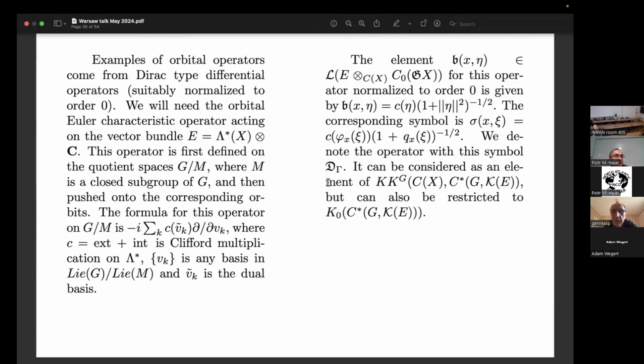The symbol here for the operator for the Euler characteristic, for example, is this one. Clifford multiplication means x plus int. When you push it, you get Clifford multiplication by this covector, and instead of eta square, you get this one. So this is the